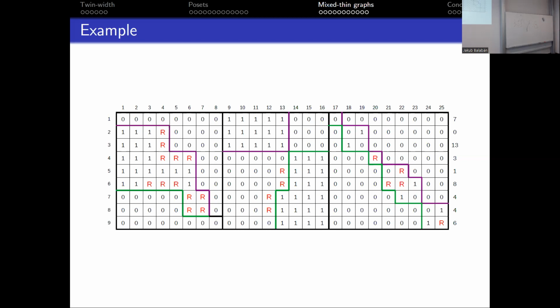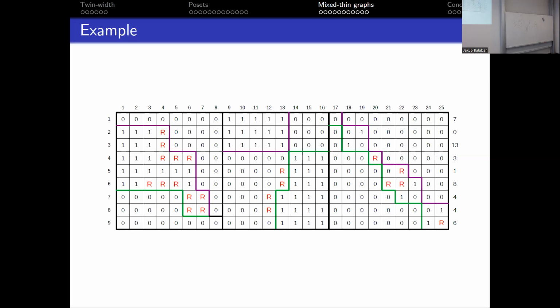And I didn't say what these numbers are. Those are the red potentials. This is 7, and it means that between the first and the second row there are 7 diagonal segments. So it's 1, 2, 3, 4 in the first submatrix, and then 3 here. This 7 means that after contraction of these two rows, the red degree of the new row would be at most 7. The same holds for the others. So this is the red potential, and we used it in a similar way as before, that the total red potential,